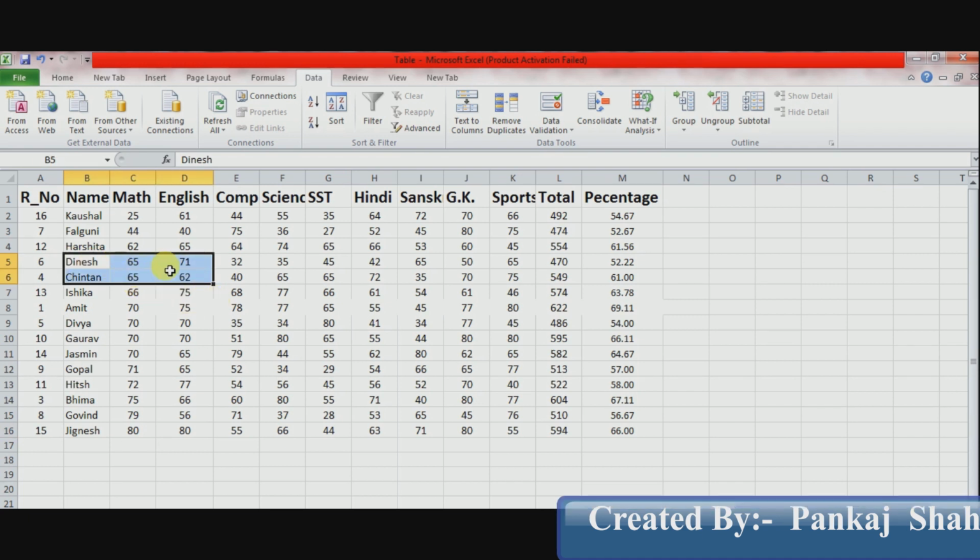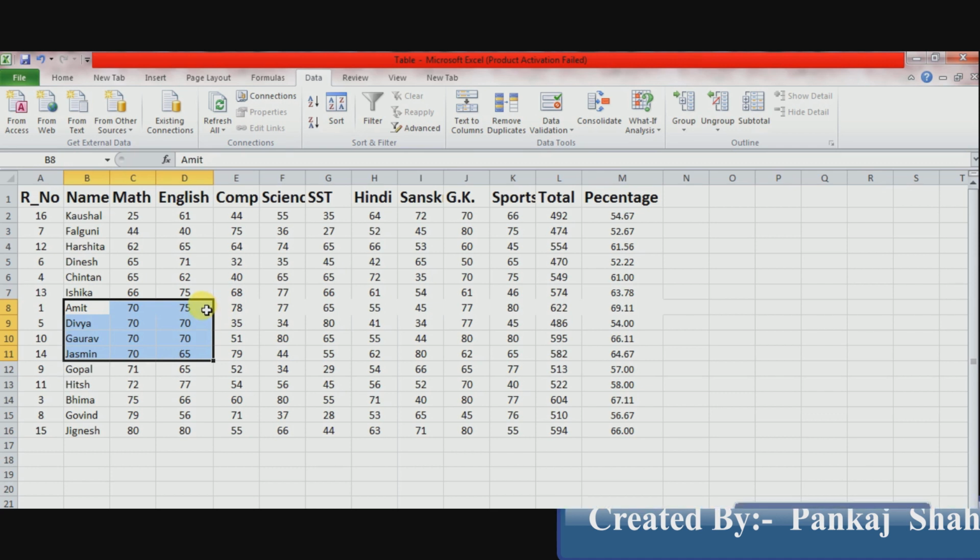Danish and Chintan both have 65 marks in maths, but Danish got 71 marks in English, so he comes first, and Chintan's English marks of 62 come next. Same here, Amit, Divya, Gaurav and Jasmine's records, they all achieved 70 marks, but in English Amit got 75 marks, so largest to smallest, and in maths they display smallest to largest.